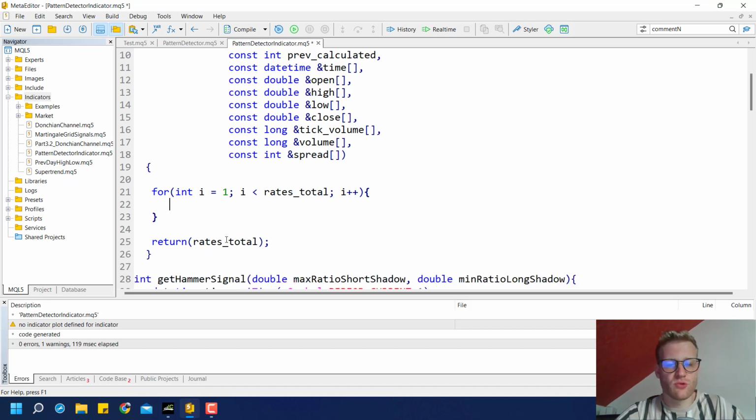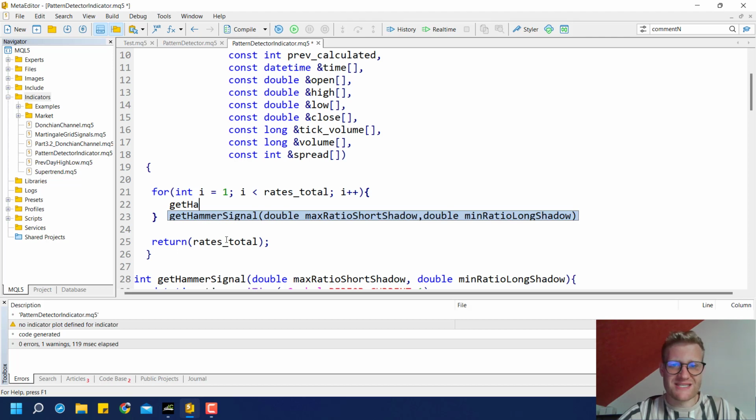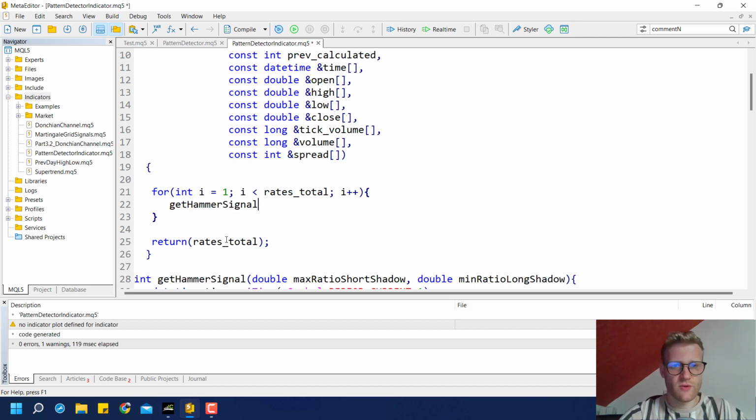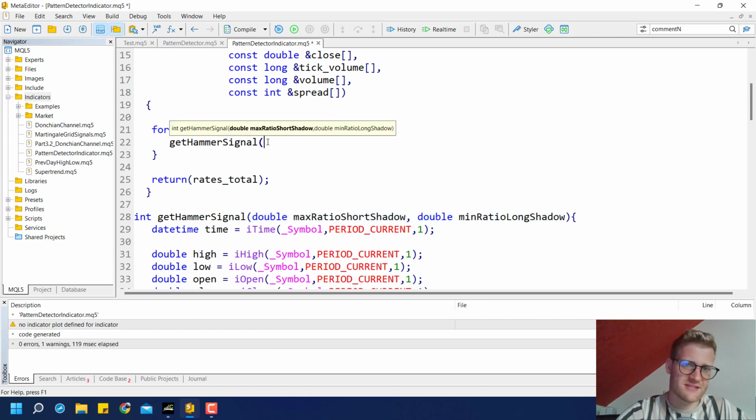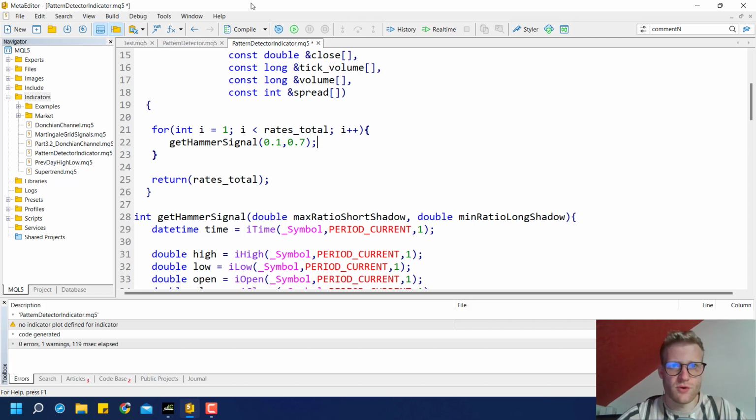Okay, so what we have to do here is we have to call the getHammerSignal function here. So we can say getHammerSignal, then we say max ratio shadow short, and this is nothing new. These are just the parameters that we declared for this getHammerSignal. So we can say the short shadow shall be no longer than 0.1 or 10% of the candle, and the min ratio for the long shadow shall be at least 0.7. It doesn't really matter what you want to choose here. So if we compile this,